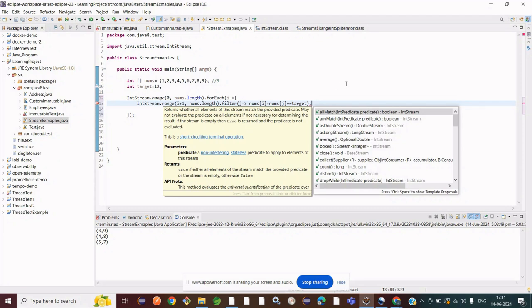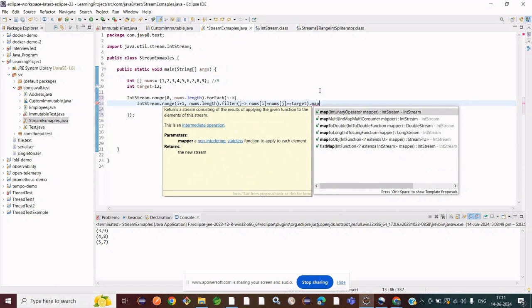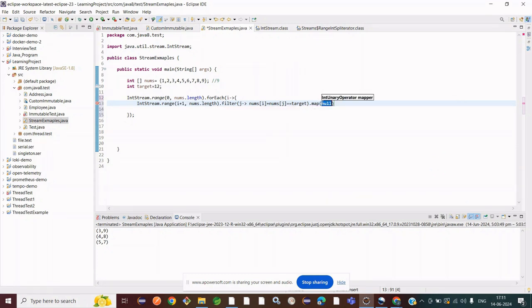Then it will filter, and we're going to map the filtered numbers. So we'll take map